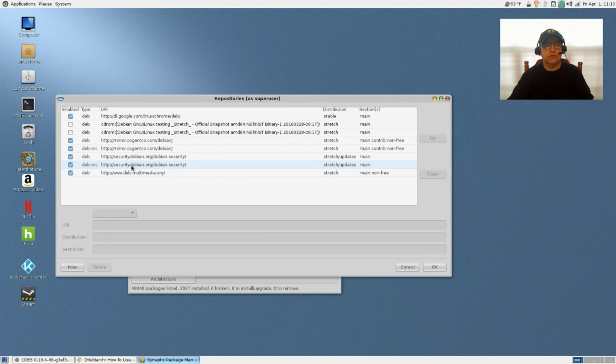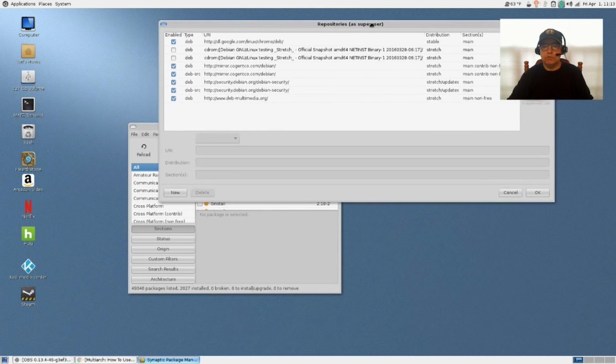Then I've got security and Deb Multimedia, and so that brings me to Deb Multimedia. Deb Multimedia is something you need to install before you do anything.